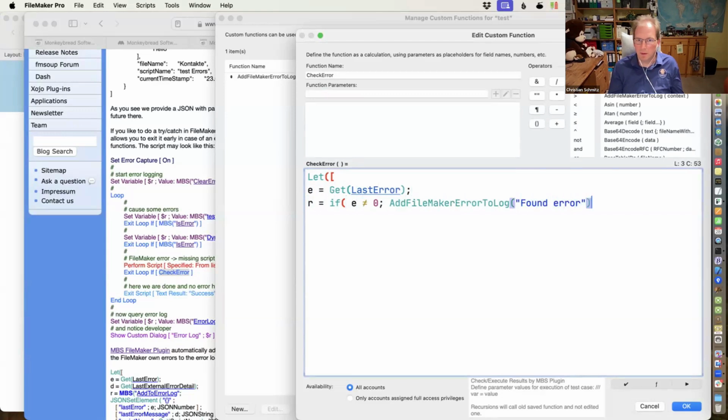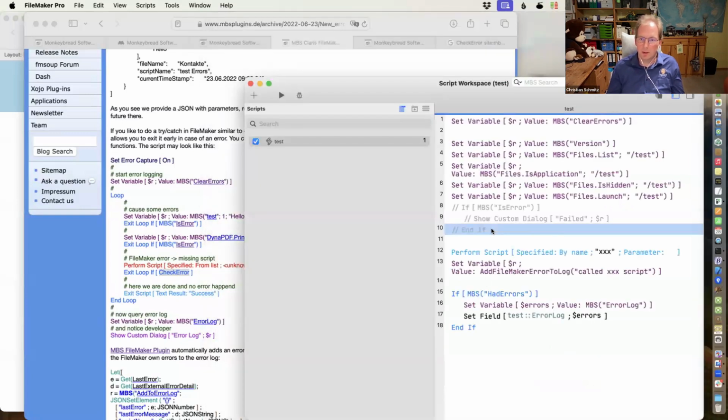You can write whatever you like. Otherwise, nothing. And now here exit and return E is not 0. Oh, check syntax, yeah.